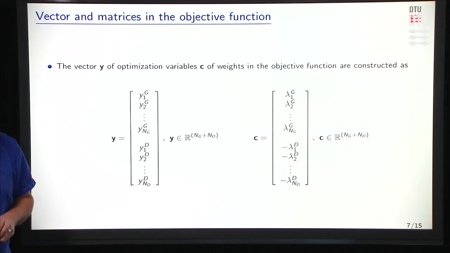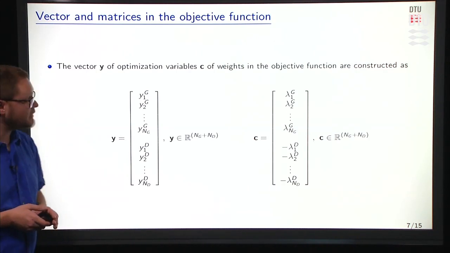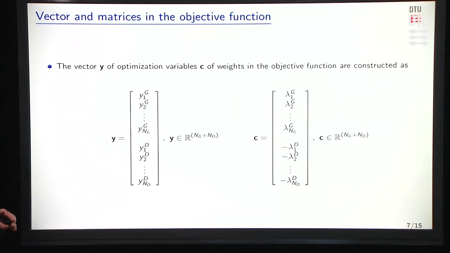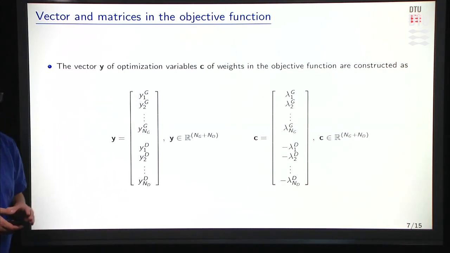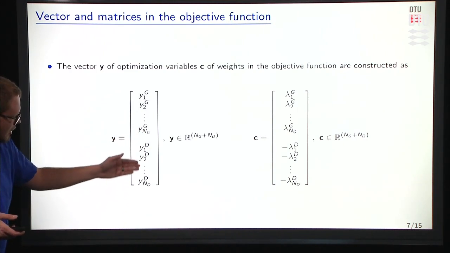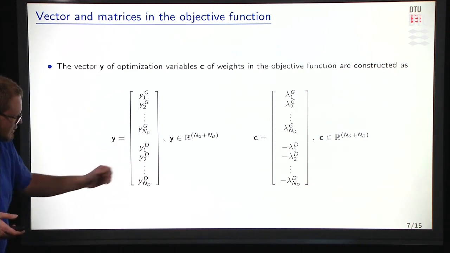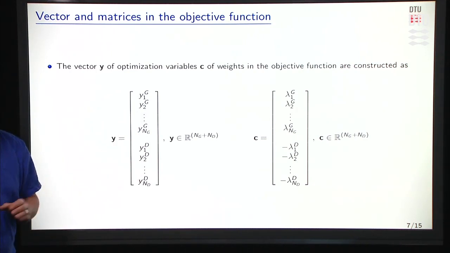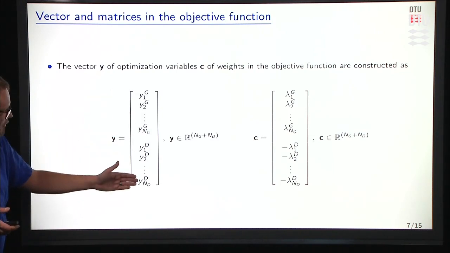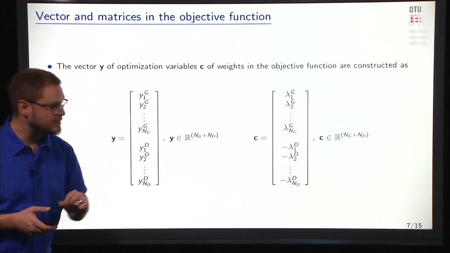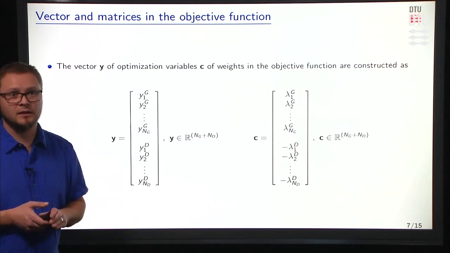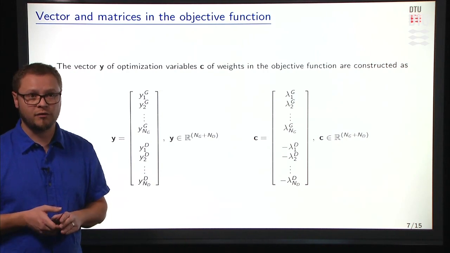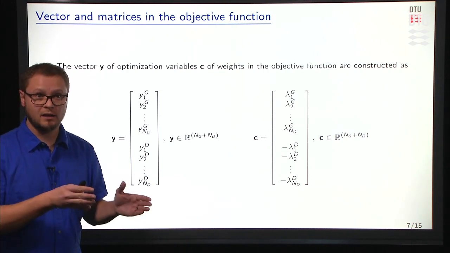How can we write or populate these vectors? The vectors of decision variables, we have defined them earlier. We have all the scheduled supply side quantities that we want to get out of our optimization problem, and then all the set points or scheduled consumption quantities for each and every agent, and that makes a vector of size ng plus nd. The cost parameters in our problem relate to the prices that were offered in the market, supply